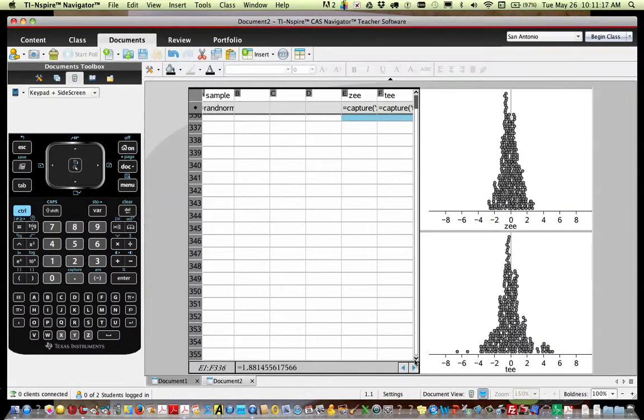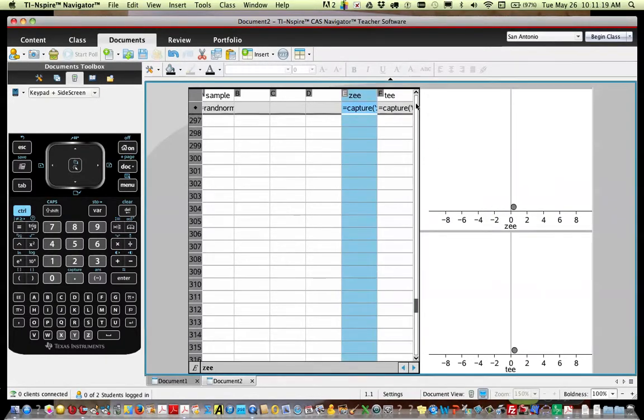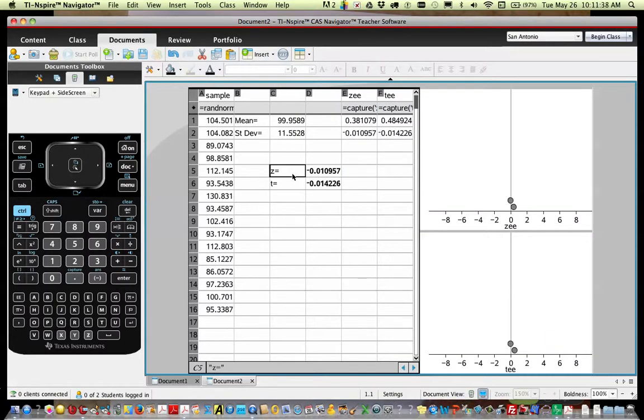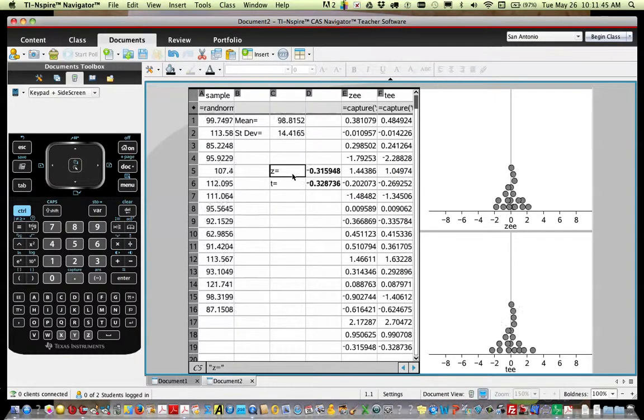All right, so now let's go back up here to the top and we'll play this game again. Okay, we're going to go out and collect samples of 16 IQ scores and calculate z's and t's, and then what I want to look at over here is what's happening to this distribution. Okay, so here we go again. Another sample, another t, and another z. Another one, another one, another one, and so on. All right, and if we keep going with this, I want to look at how do these distributions compare.